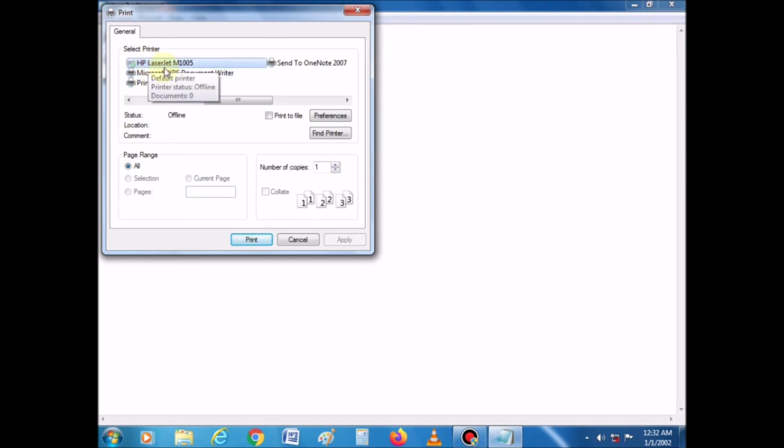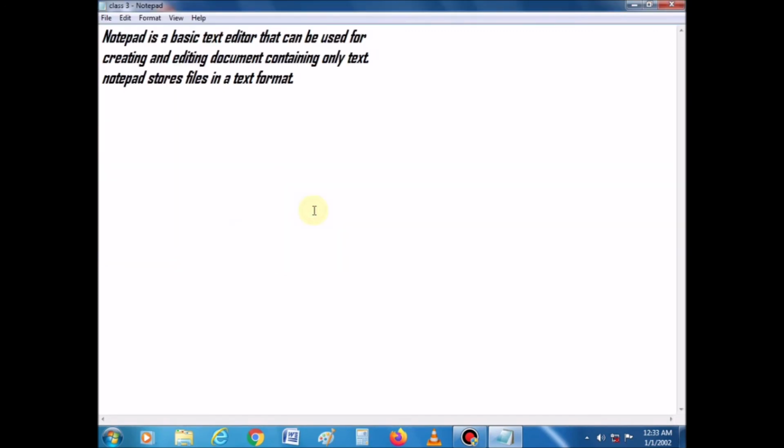You can see, and after that you have to select the printer. Select the desired printer and afterwards select the number of copies or enter the number of copies. Then click the print button. Here hard copy or printout will come.